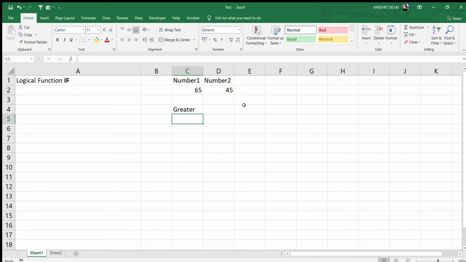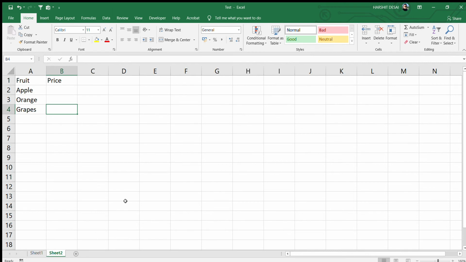Now I'll show you how to use an if function within an if function if we have multiple criteria. As you can see, we have here a list of fruits and we want to display a price for each of the fruits. So how can we use multiple if functions in just a single formula? Let's just try it out. So we'll put here